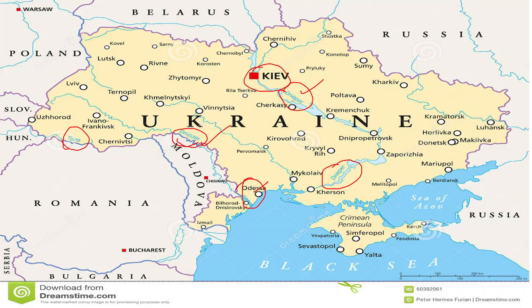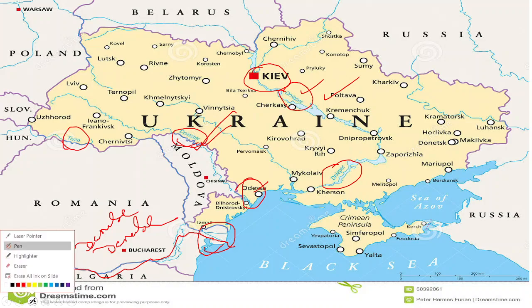This would be the Delta region of the Black Sea, from where the Danube River is also coming out. Here the Danube River is coming and falling into the Black Sea. Here is the Danube, Dniester, and this one is the Dnieper River. So these are the important rivers in this particular region of the world.